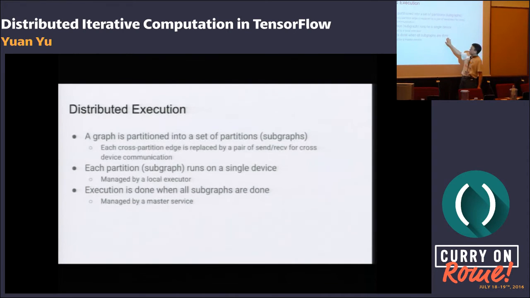The execution of the entire computation is done when all the subgraphs are done. This is managed by a master service that gets signals from all the partitions. If all the partitions are done, the entire computation is done.